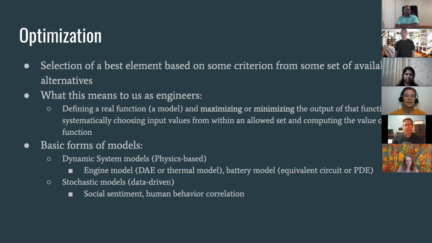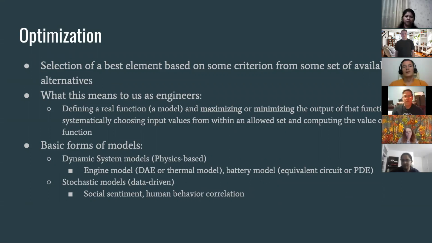Those input values, you hear me call them features or feature engineering, and that's in the context of machine learning. Within an allowed set and computing the value of that function with those inputs. So, pretty straightforward. But really, what it comes down to is we are looking to define some sort of real world thing and create a little black box that we can put inputs in and get an answer out. And that answer out better be the optimal, right? The best answer, or as close to as we can get based on our given training data.